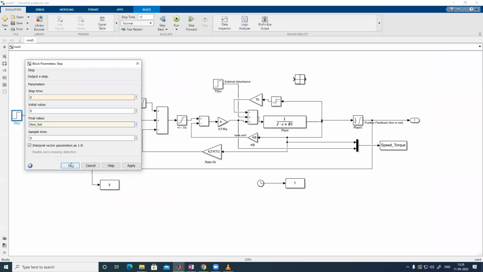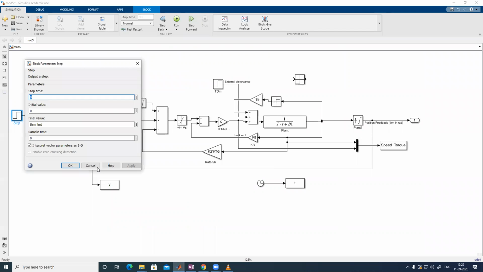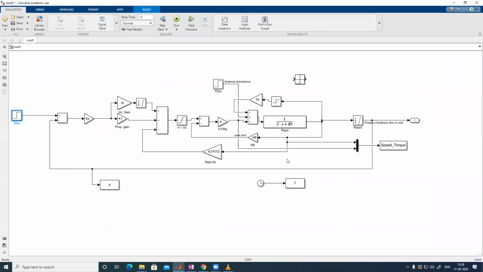Any doubt is there? You can ask me. And here we cannot do the linearization model. The linearization is only for linear system analysis. This is actually non-linear, so you have to do everything on your own. Once you patch up these things, if any doubt is there, you can ask me.